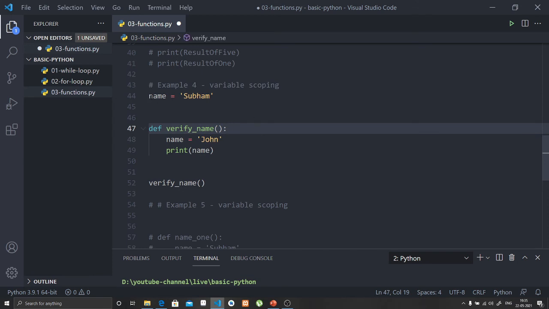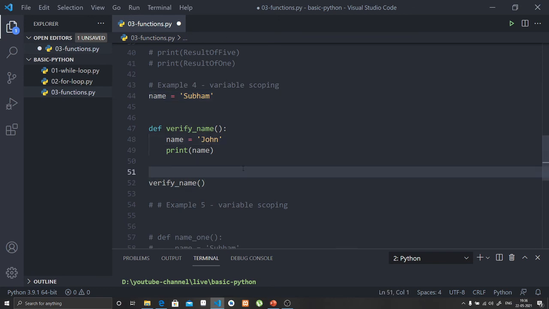Inside the script directly I have defined a variable called name, and I have assigned it my name, and inside the function I am defining another name as a local variable and passing the value John. So this is the local variable and this is the global variable. The function will always prefer the local variable rather than the global one. So if I call variable name, it will always print John.